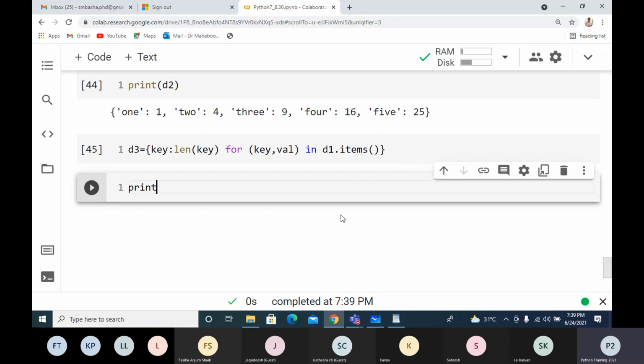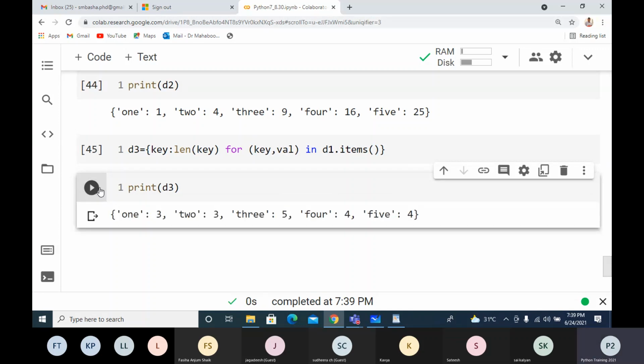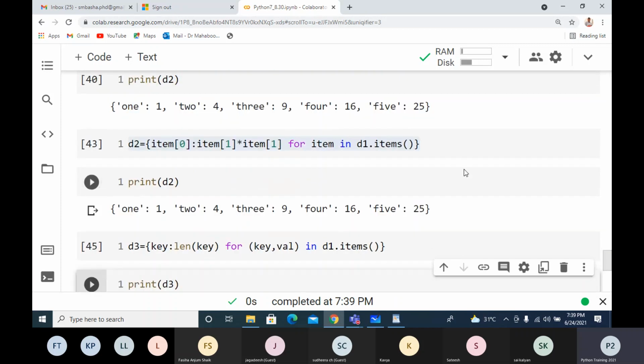So if I say print D3, then I'll get the key as it is, and the length of the key as value. So 1's length is 3, 2's length is 3, 3's length is 5, 4's length is 4, and 5's length is 4. So I'm getting a dictionary from another dictionary where I'm taking key and length of key. The same thing we can write this way also.